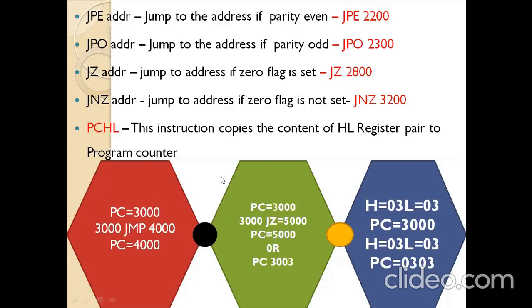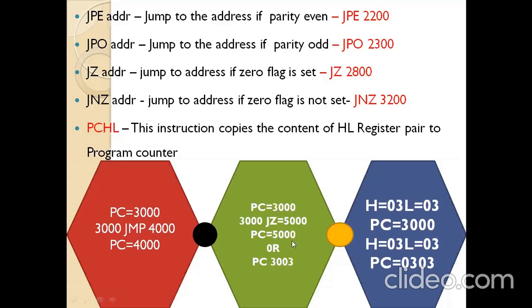Next, we are going to see about two instructions. One is called jump instruction. You are using the jump instruction in the memory location 3000. JMP 4000. Initially the address of the instruction is 3000, so the program counter will point to the 3000 memory location. If you execute this instruction, the program counter value will be changed as 4000. Initially it is 3000, now it is changed as 4000. This is called unconditional jump instruction.